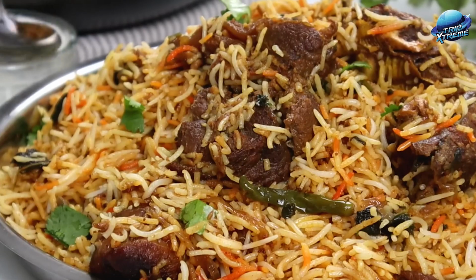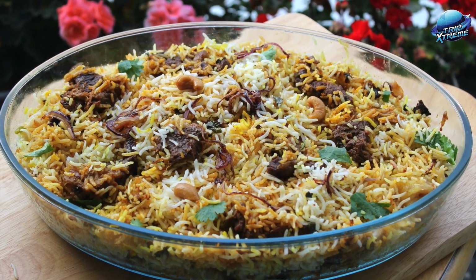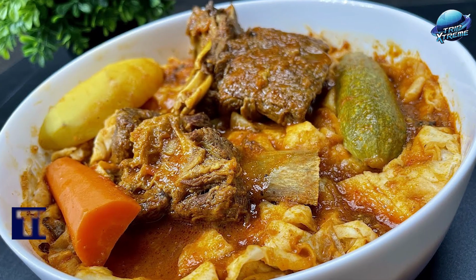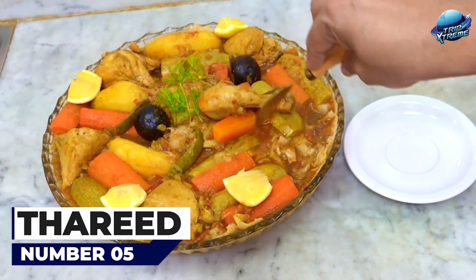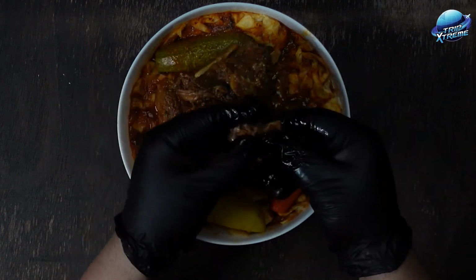Made with a mix of basmati rice and spices, meat biryani can be served with chicken or other types of meat. At 5, Thareed. Emirati Thareed or Fareed with meat is characteristic of Gulf cuisine in general and is particularly